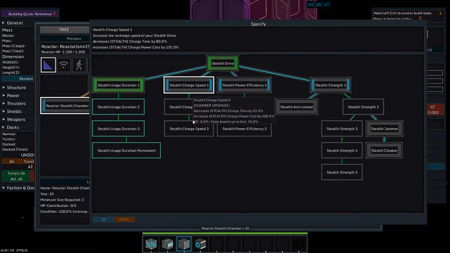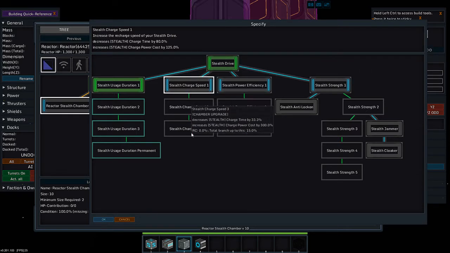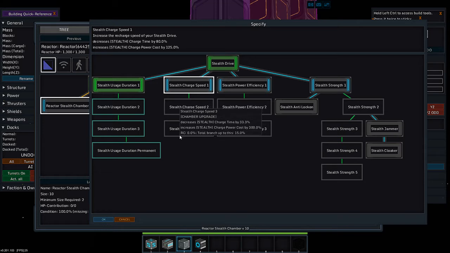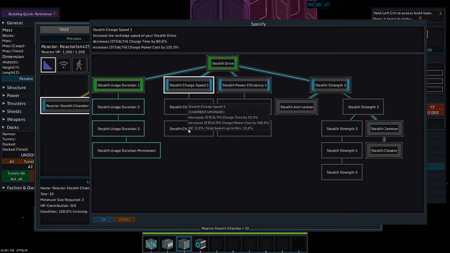That's only using, for a full stealth charge speed, the chamber's only using 10% of the reactor. Yes, I know it says 15, but that's because it's including this stealth drive. Because that's 5, 5, 5, 0. What? 5, 5, 0? 5, 5. Okay, it's using 15. Let's see, that's 5, 5, 10, 20, so that's 30, 40, 45. Huh. That's using 0%. I'm assuming that actually means to say it's using...